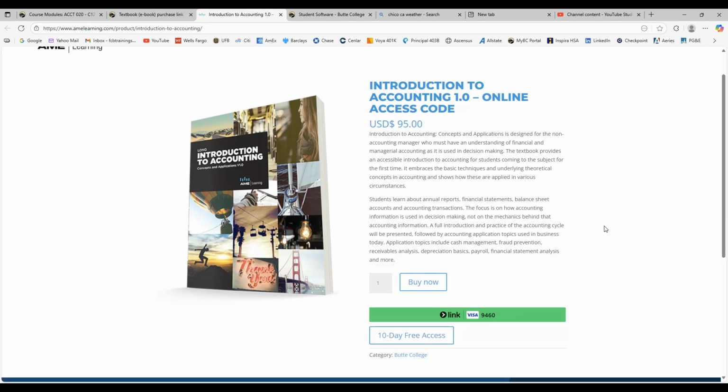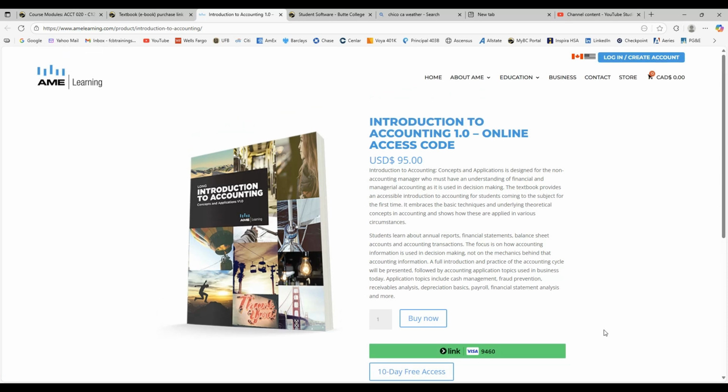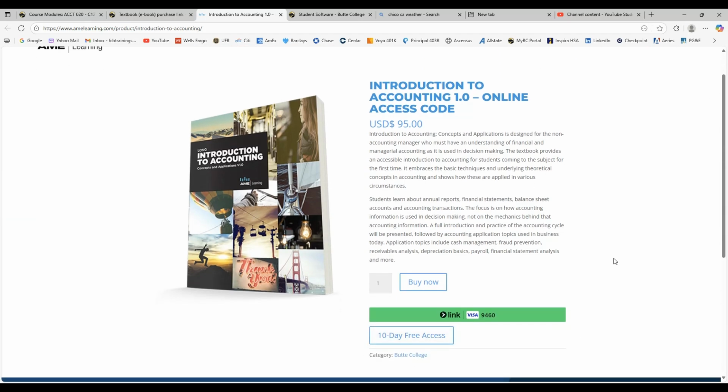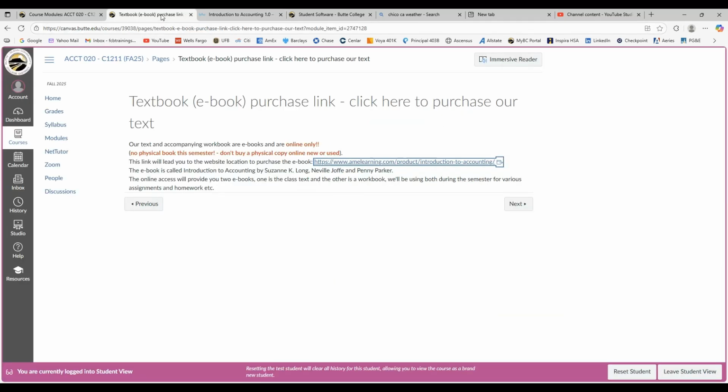And one thing to make sure that you can see is that it says Butte College here in the category at the bottom. So if you scroll down on the page that it leads you to, make sure it says Butte College at that certain spot. And then this is the text essentially. And so you're going to click Buy Now, and then you'll go through the process of putting in your credit card information and purchasing the resource, etc. And then once you purchase the materials, you should receive